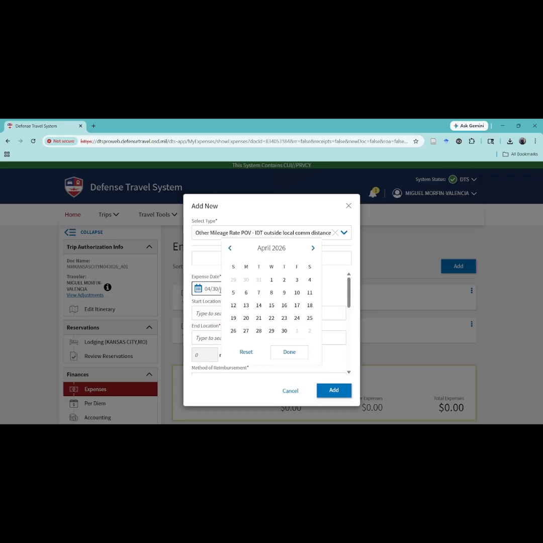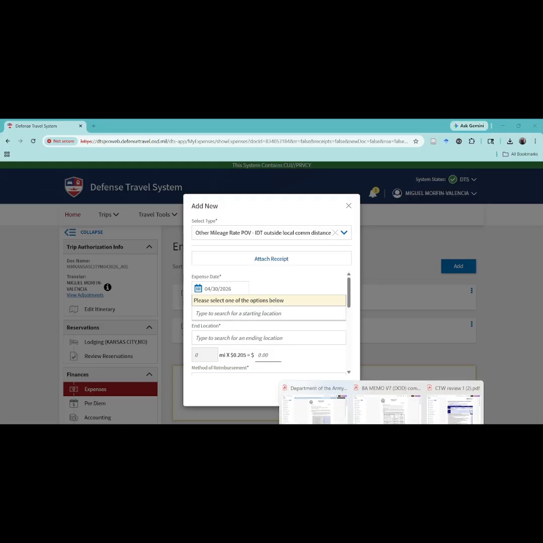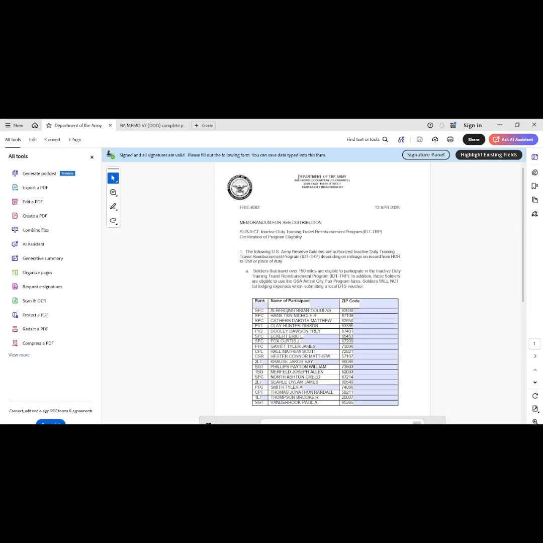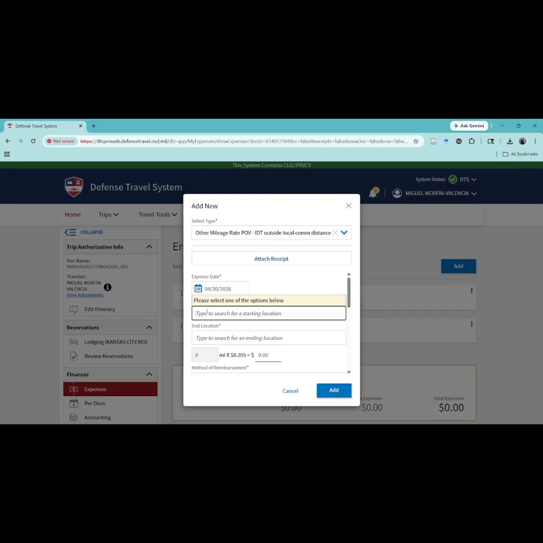And then we're going to put the day we're leaving. So we know we're leaving on the 30th. And here is one of our biggest focuses. You need to utilize the zip code. So let's say, for example, I was covering Aberdeen. I need to put the zip code that's listed here. So my zip code in Kansas City, if I was in this square right here, I will put my zip code of home of record, which is